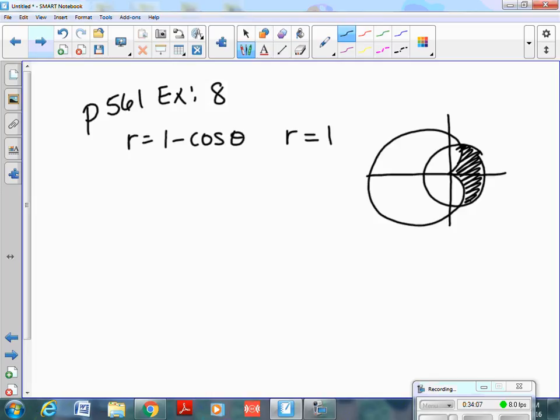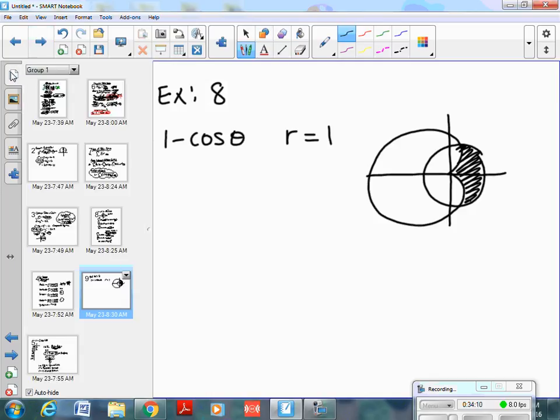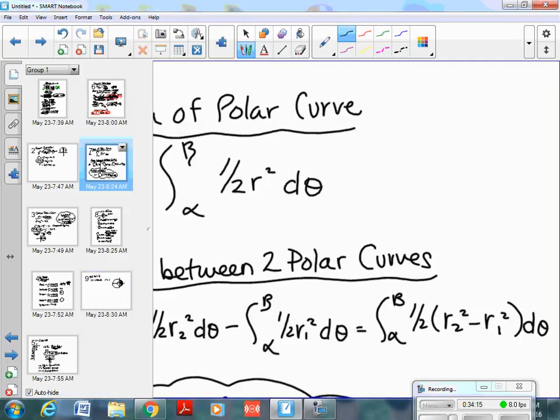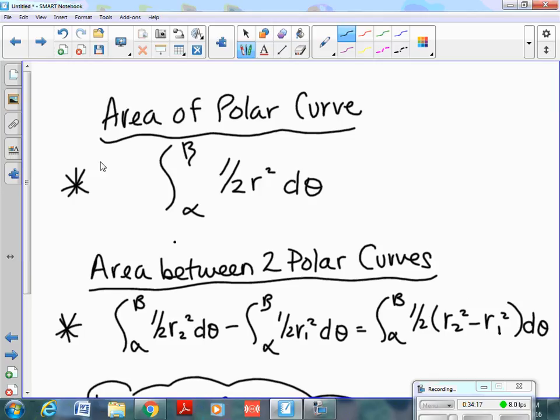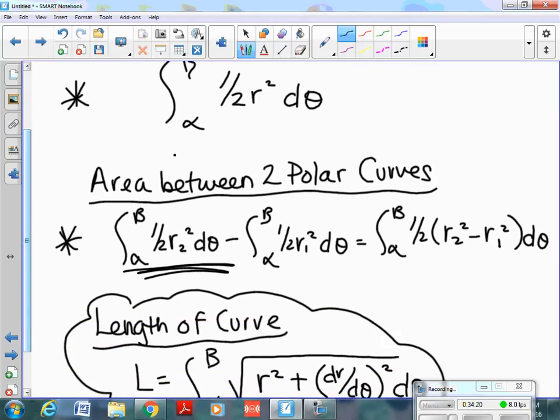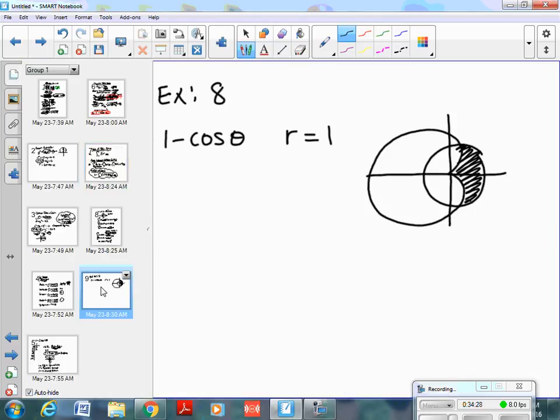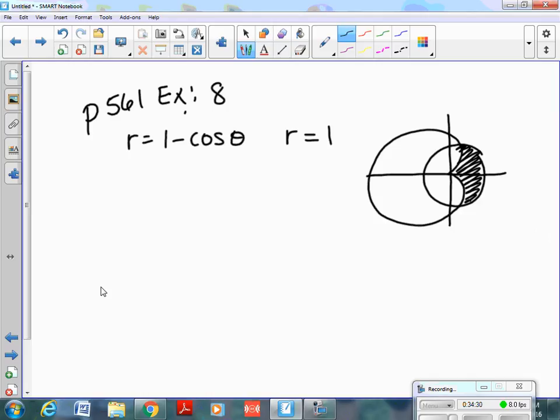So the area between 2 curves is this. This is a lot of notes. That's why BC is way harder. The area between 2 curves is right here. You're going to integrate from alpha to beta, 1/2 of r squared d theta. So basically, we're going to go over here, and we are going to integrate from a negative pi over 2 to a positive pi over 2. This is pi over 2, and this is a negative pi over 2. And we're going to do 1/2,